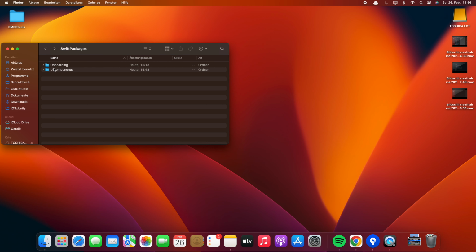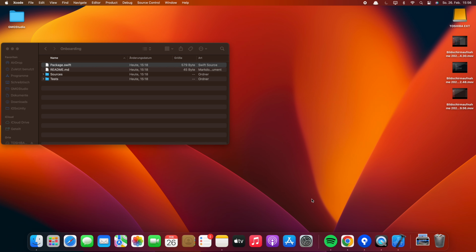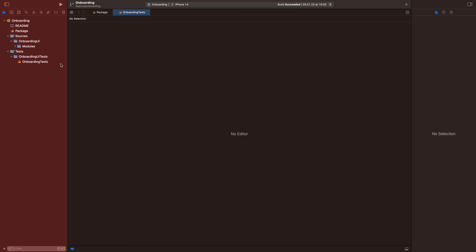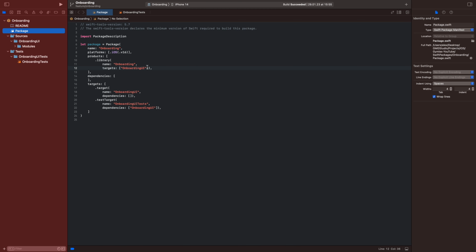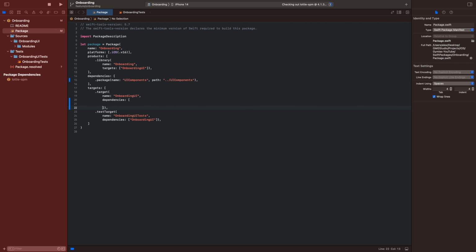Now we can open our project. Let's go back to onboarding, or actually the onboarding. We will open the onboarding package because we don't need anything else for now. We will add the new package as a dependency, which is the UI components, and the path is UI components. And we will add to the target onboarding UI the dependency UI components, so we can use it in the